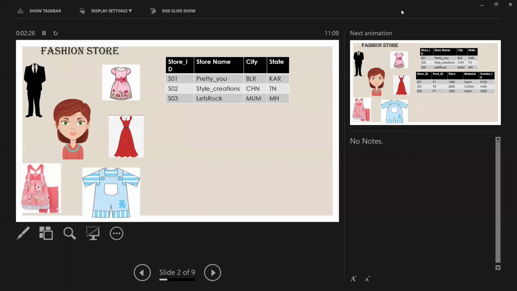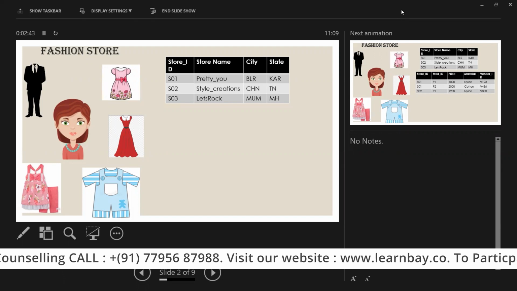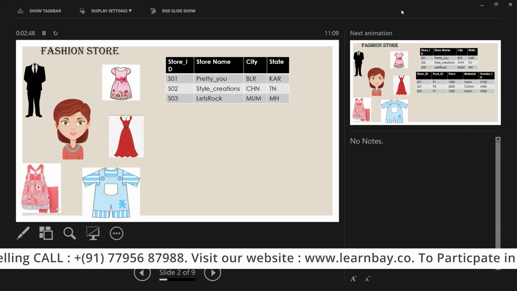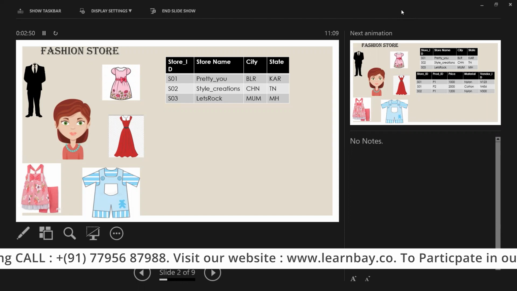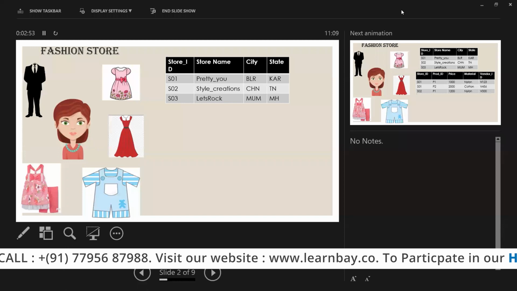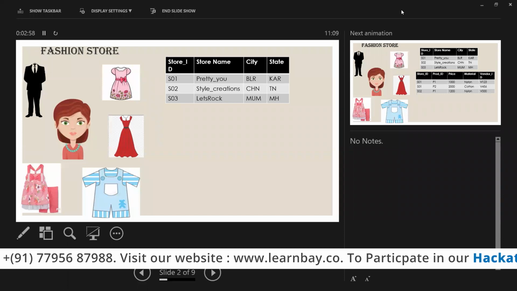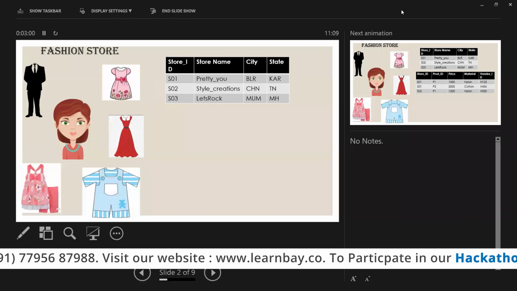Now, she needs to maintain these details. So imagine she is not having any technical background. She's not having any idea on IT. So whatever she knows from her little knowledge, she is trying to open up an Excel sheet and she is feeding these details. So in one single table, she is feeding these values and making sure, okay, so far I have 3 stores and these are the stores that I have named and they are available in so and so cities.